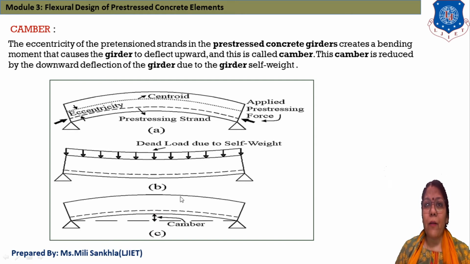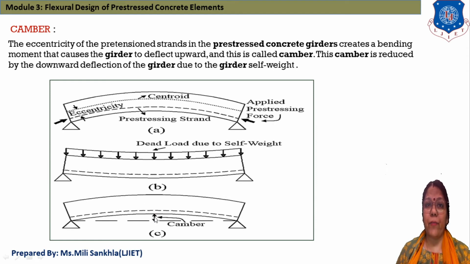And in the third figure we can see the upward deflection. This one is the central line of support and upward deflection, and this vertical distance is known as camber. Ultimately this one is the curved surface, curved relative to this horizontal surface, and this is known as camber.